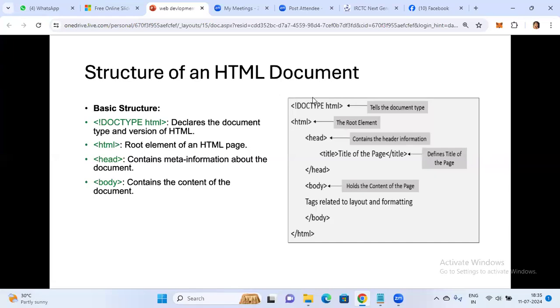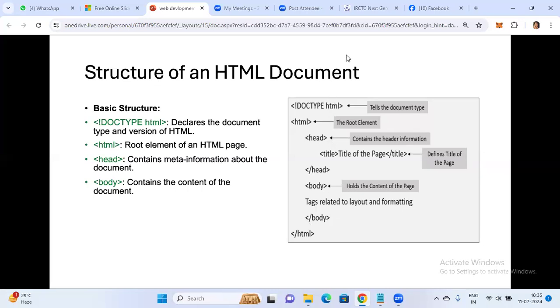So the combination of all these tags can be called container tags, because each has a starting and an ending tag. HTML has a starting tag and an ending tag. Head is also the same, starting and ending tag. And body is also the same, starting and ending tag.